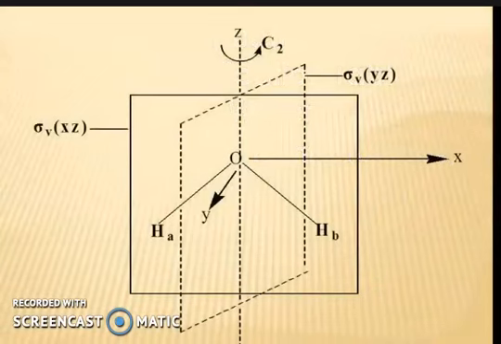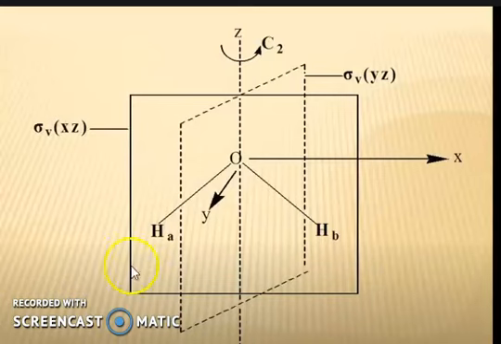So now we are going to discuss the group multiplication table of the water molecule. The point group of the water molecule is C2V, and it contains the symmetry elements E, C2, sigma V and sigma V prime. C2 is along the Z axis, a 180 degree rotation. Then we have the two sigma planes, vertical planes passing through the C2 axis. The first one is sigma V, or sigma V yz. The second one is sigma V prime, which we can name sigma V xz.